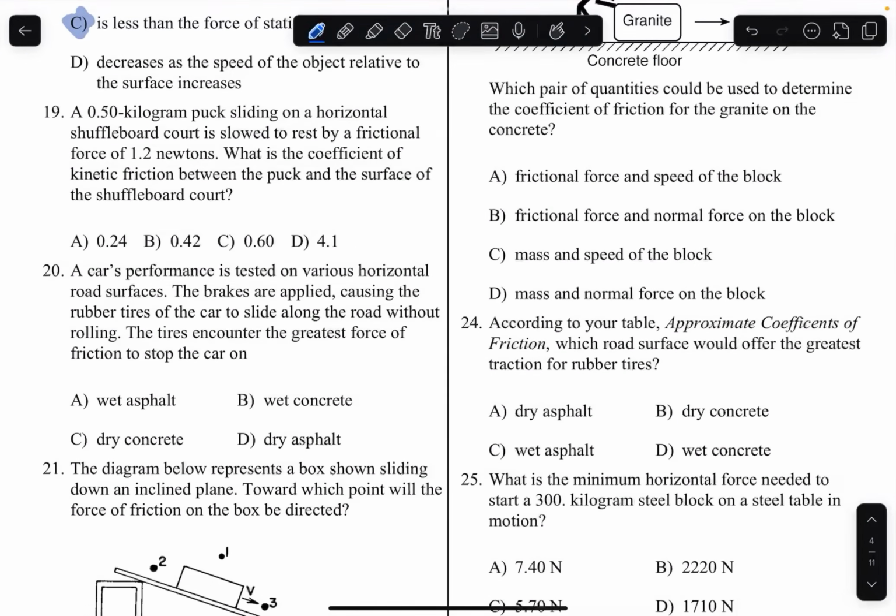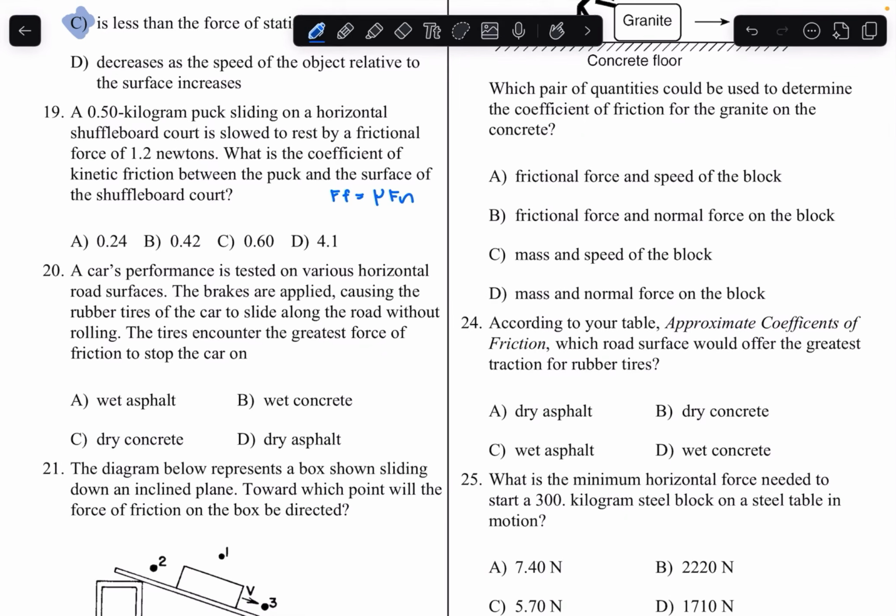19. A 0.5 kilogram puck sliding on a horizontal shuffleboard court is slowed to rest by a frictional force of 1.2 newtons. What is the coefficient of kinetic friction between the puck and the surface of the shuffleboard? So this question is pretty easy. We just use the equation for Ff. So Ff equals mu